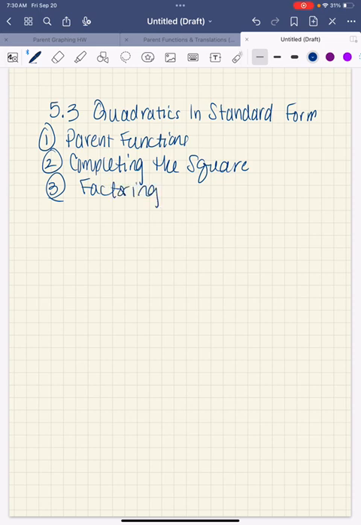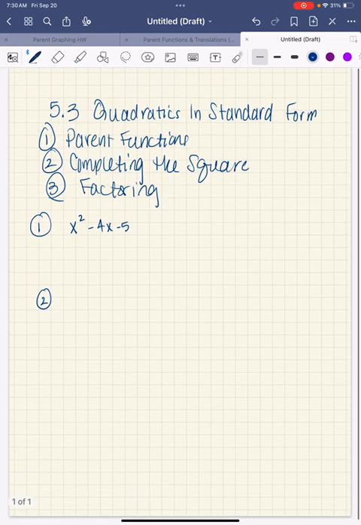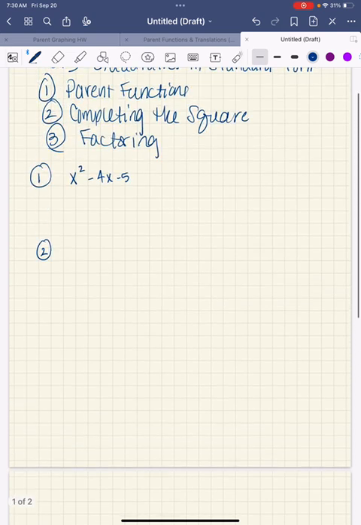All right, so speaking of factoring, let's review a couple problems. If I ask you to factor, my suggestion is that you stop the video, try them on your own, and then push play to see how you did. So these are the 3 problems I'm going to ask you to factor. x squared minus 4x minus 5, 3x squared minus 10x plus 3,